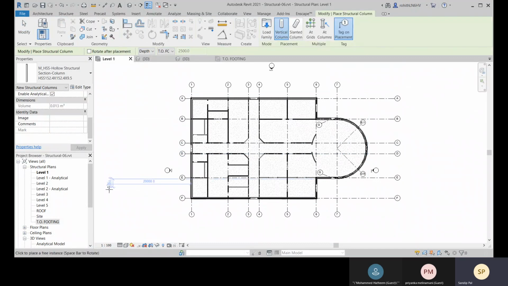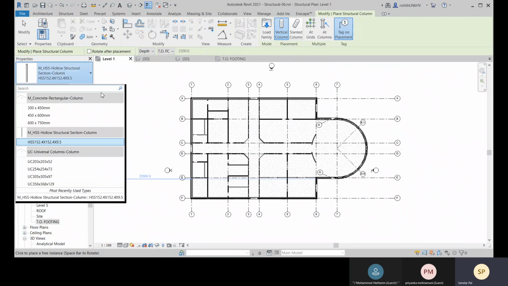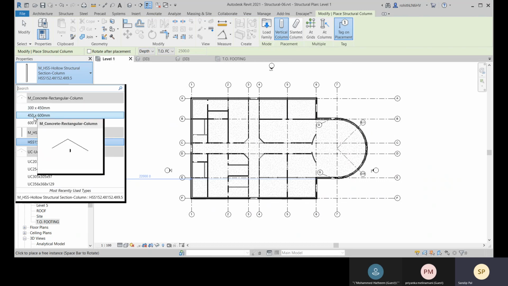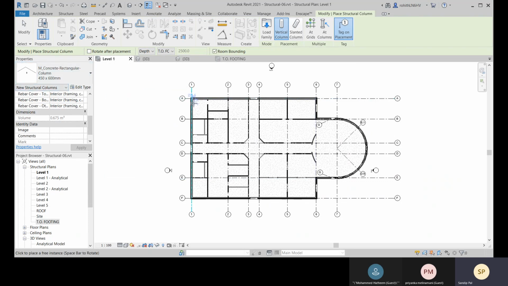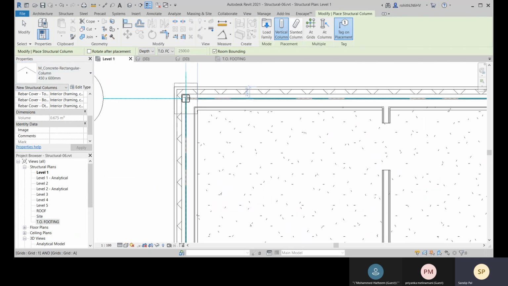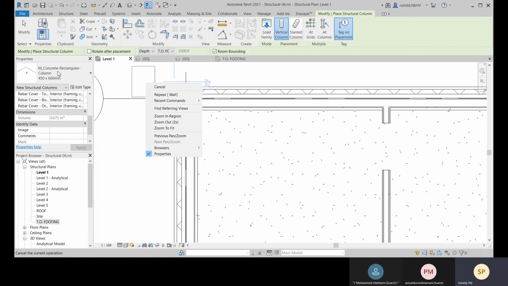We'll go for structural column, and there choose this concrete rectangular column. For that concrete rectangular column, let me choose this 450 by 600, or else let me check what will be the exact value for this.